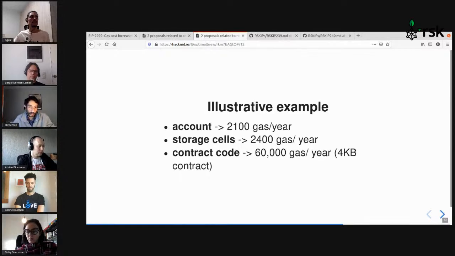And for contract code, of course, it depends. It can vary on the size of the code. This example is for 4,000 kilobytes. For reference, the sovereign transaction token transit contract is about 3,900 bytes. A simple ERC20 contract is 2,400 bytes. And the RIF token is around 16 kilobytes. So the rent for the code depends on how large your code is. But to